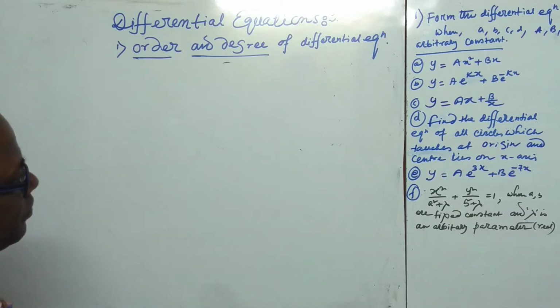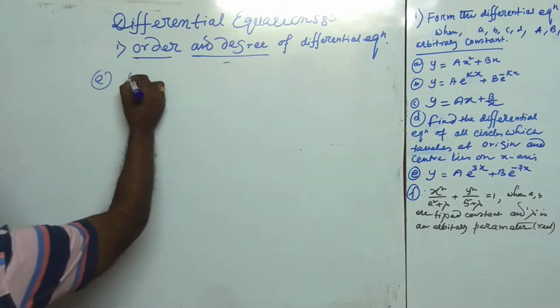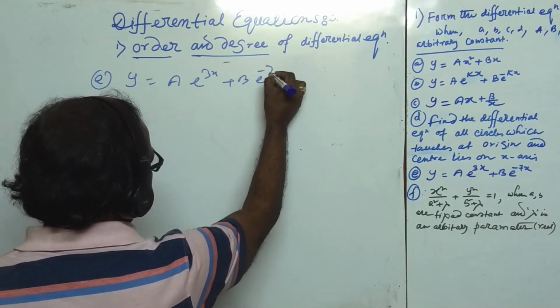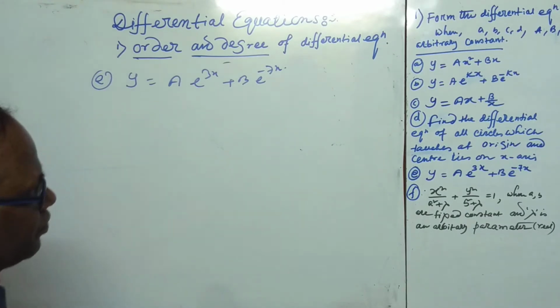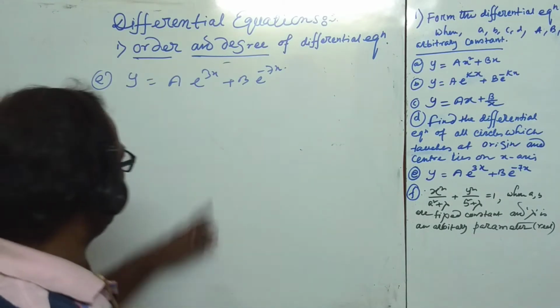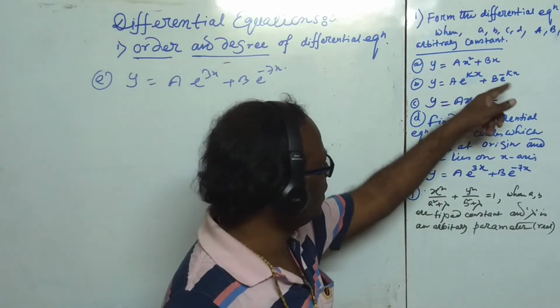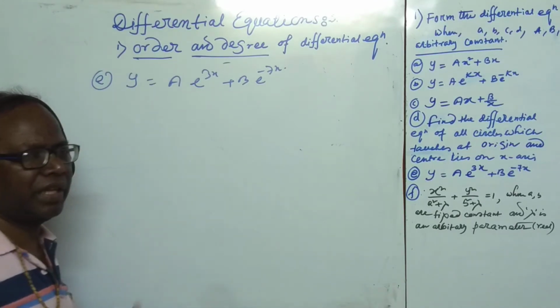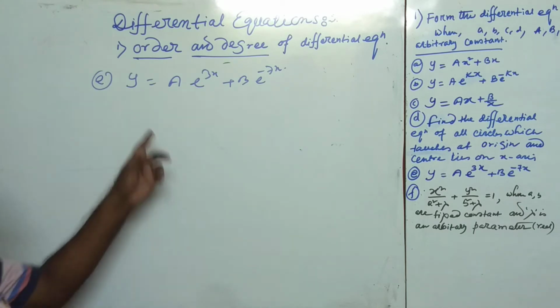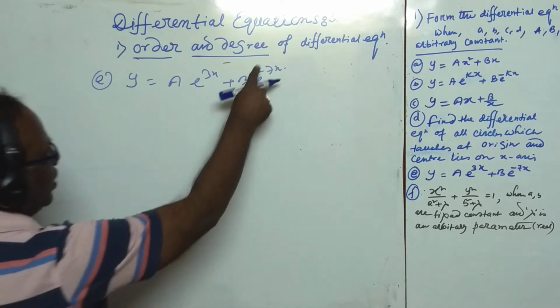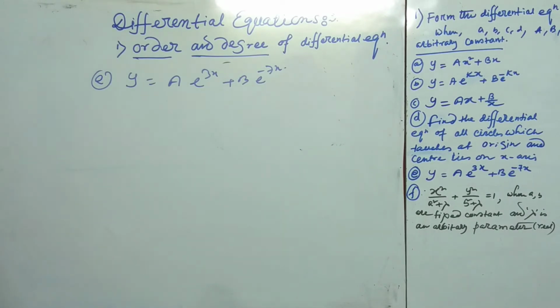First of all, E here: y is equal to a into e to the power 3x plus b into e to the power minus 7x. But 3 and 7 are different constants, whereas earlier the k was the same. If we differentiate, then k and k come out, but here 3 and 7 are different, so if we simply differentiate, eliminating a, b gives us a problem. That's why we have taken the LCM of this, e to the power minus 7x.